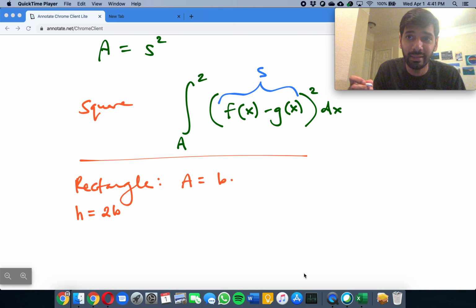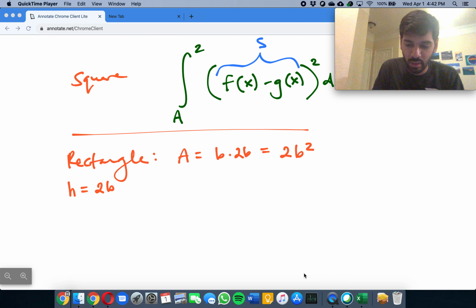Now we just said the height is 2 times the base. So then it would be 2 times b, like that. Base times height, base times 2b. We're just replacing the height with the 2b right here. So then this becomes 2b squared. Okay. And now, how this problem would change if it was a rectangle in this type of situation where the height is 2 times the base,